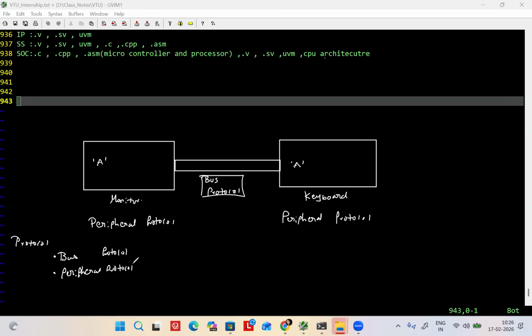Now, what is a protocol? If you are asking about the word protocol, it is a set of rules. What do you mean by protocol? A set of rules. We define a set of rules for everything. Example, take the PM.